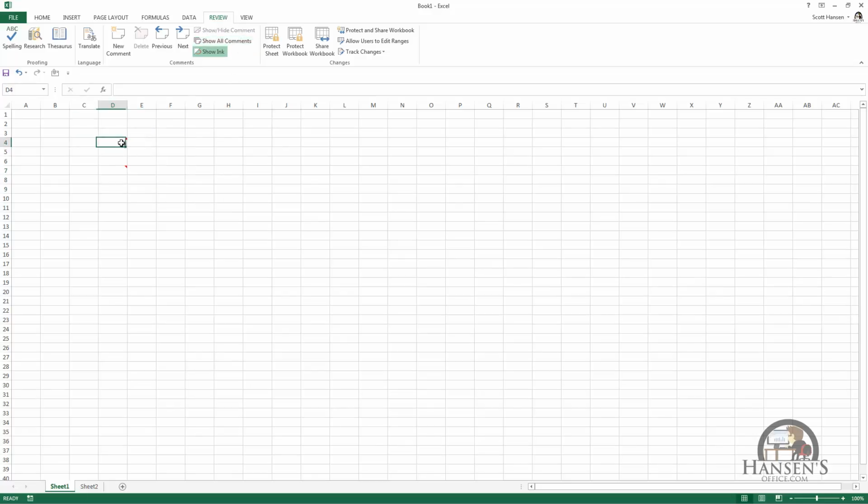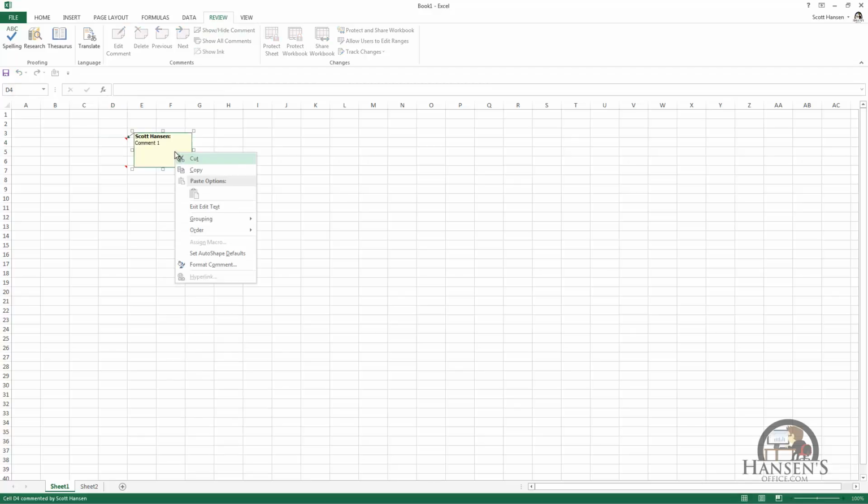So formatting the comment. When you're formatting the comment, you're going to have to make the comment visible, because when I hover over to select the comment, I'm not able to do that. I move the cursor off the cell. The comment hides itself automatically, so I'm going to show the comment. After doing that, I can right-click the comment and left-click Format Comment,